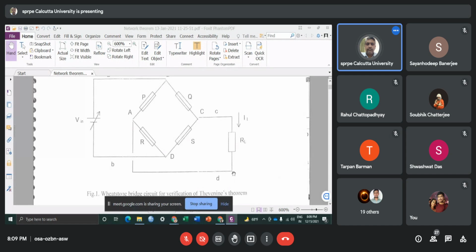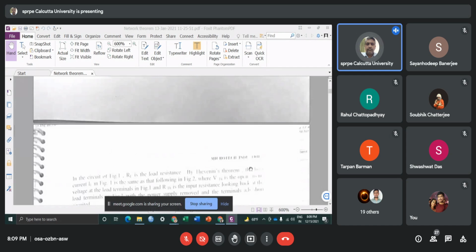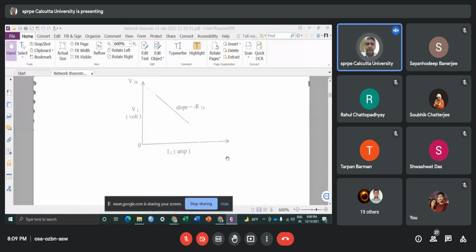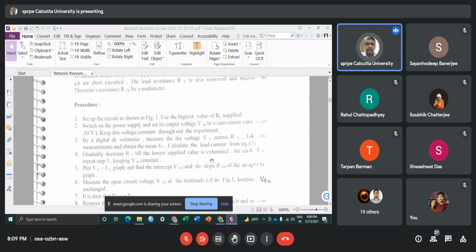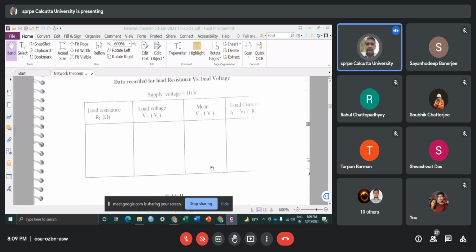Okay, and similarly I can also short circuit the terminals AB, and after short circuiting this terminal I can also find out the resistance directly through a multimeter, and then I compare the results that I get from this graph as well as by direct measurement। ঠিক আছে, so that is your বোঝা গেল।